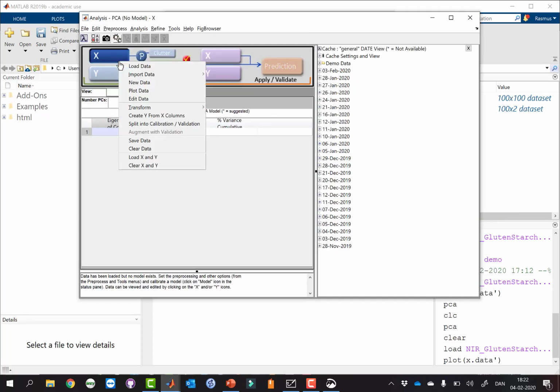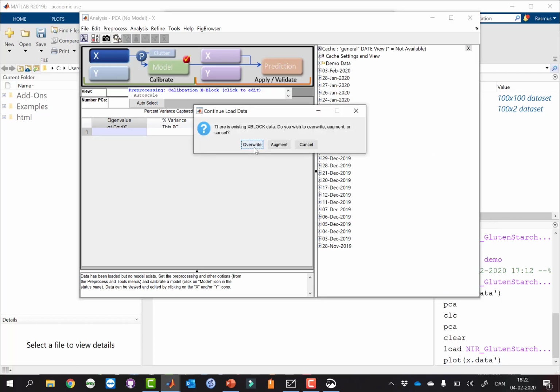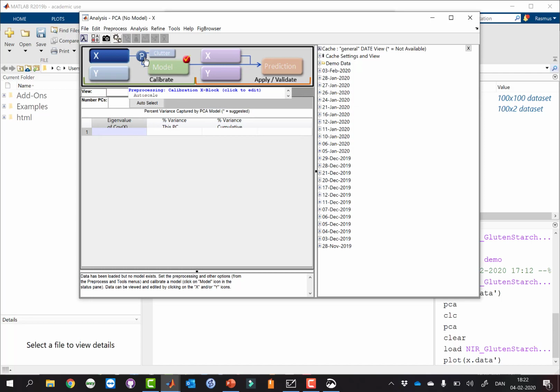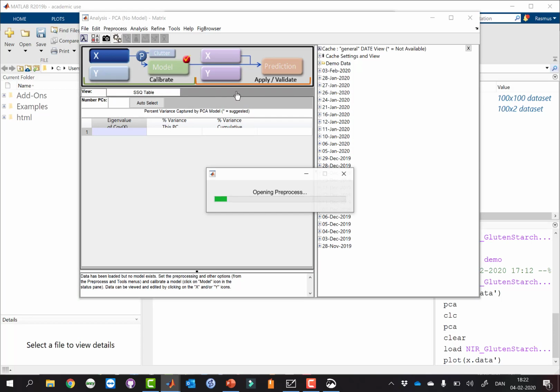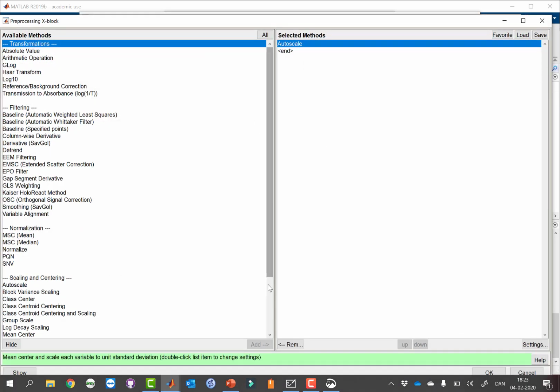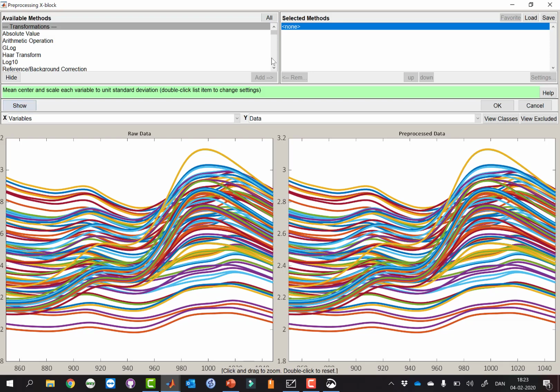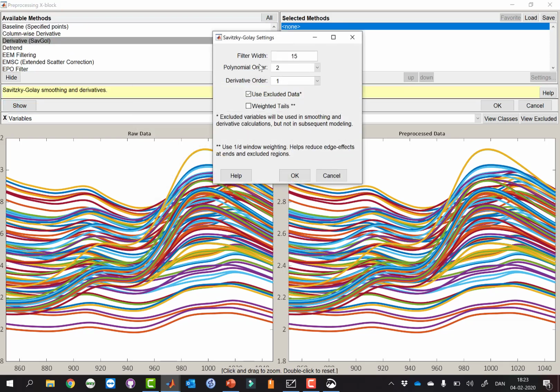Now let me see if a derivative can be useful on these data. Okay, let's start with doing a first derivative. Often when we have spectral data, we could easily have thousands of variables.